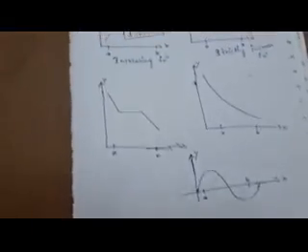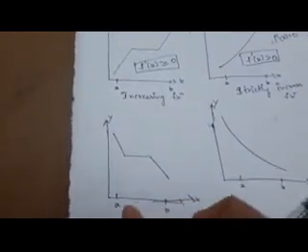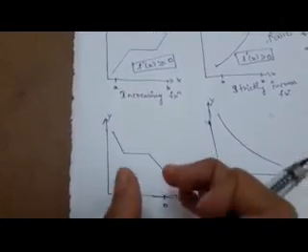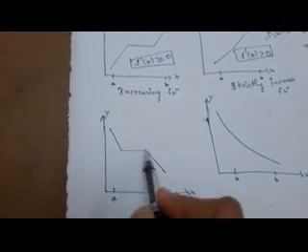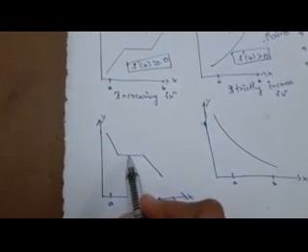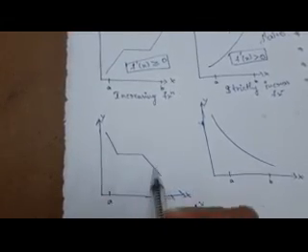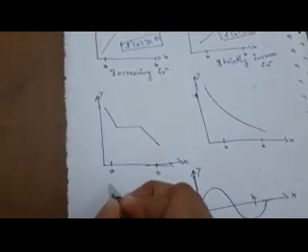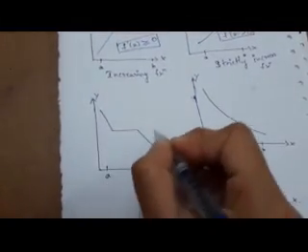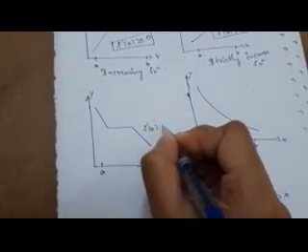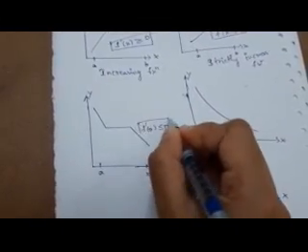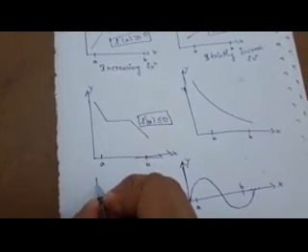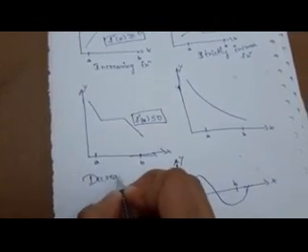Similarly, for the decreasing function, within the interval a comma b, the function is decreasing. At a certain point within the interval the function is constant, so at this point f dash of x is equal to 0. At these 2 points f dash of x is less than 0. So within the interval a comma b, f dash of x is less than or equal to 0. When f dash of x is less than or equal to 0, the function is called a decreasing function.